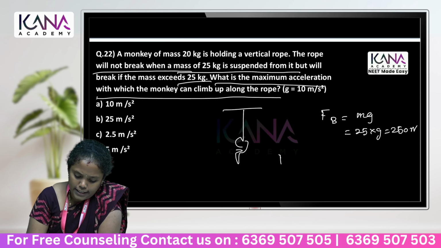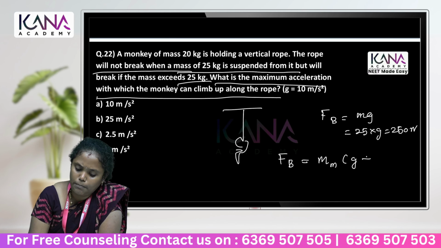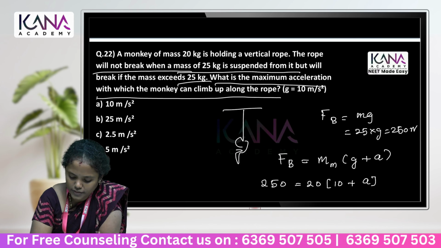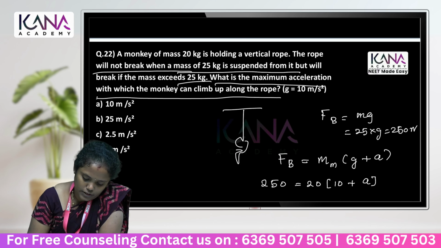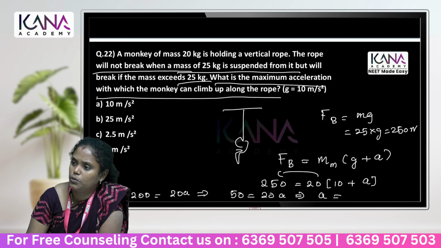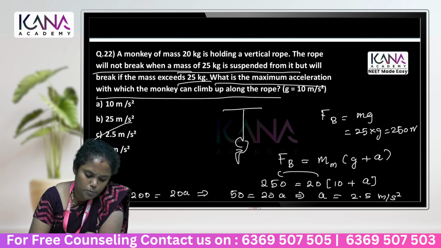What do we take? Fb equal to m, mass of the monkey, into g plus a. So it is 250 equal to 20 into 10 plus a. So it is 250 minus 200 equal to 20a, which implies a is equal to 2.5 meter per second square. So it is option